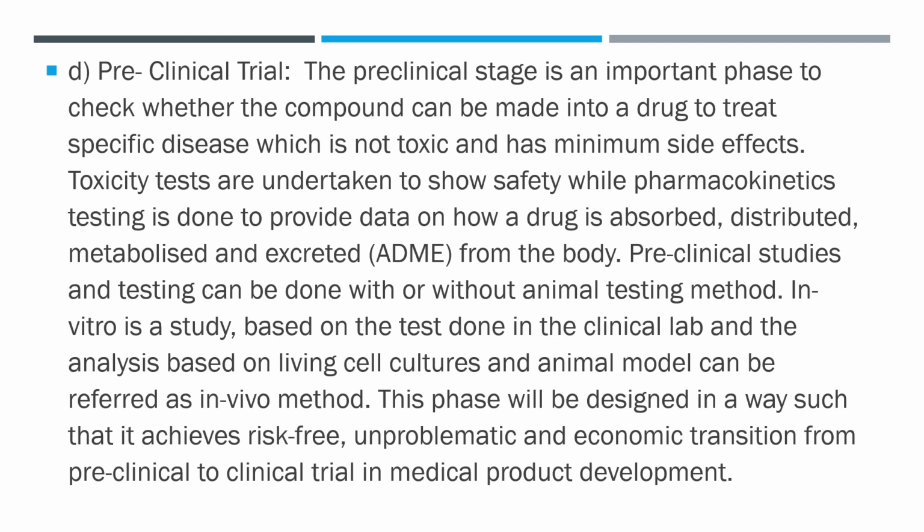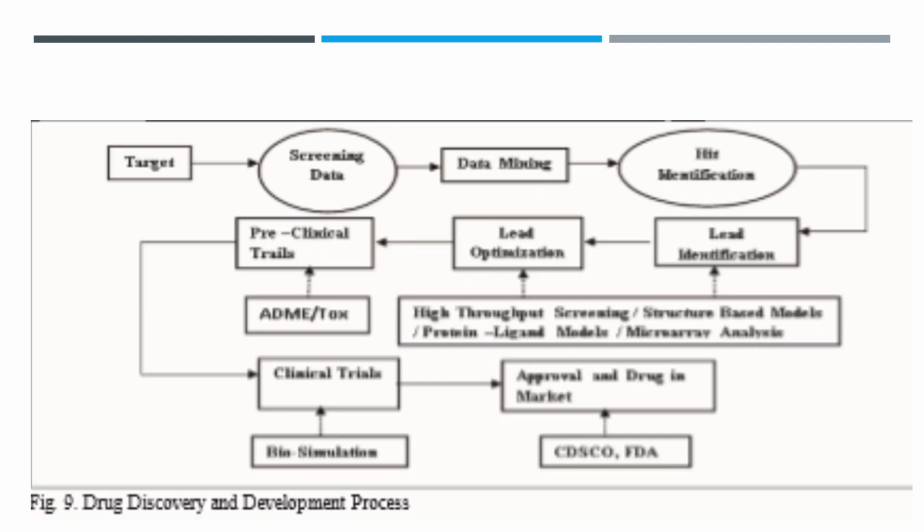Preclinical trials are trials which can be done using chem informatics, because with the help of chem informatics we can do what is called a toxicity test. By using this toxicity test, you are able to find out with the help of computers what is the toxic level of each compound. So with the help of chem informatics, you can make drug designing much easier in every phase. One can see that this is a pipeline of drug